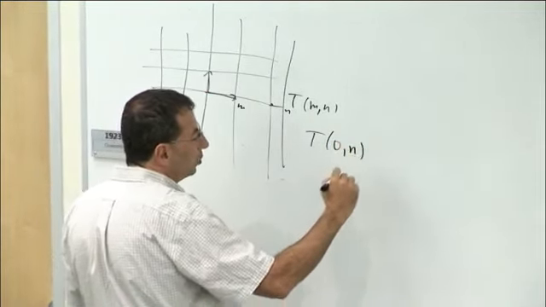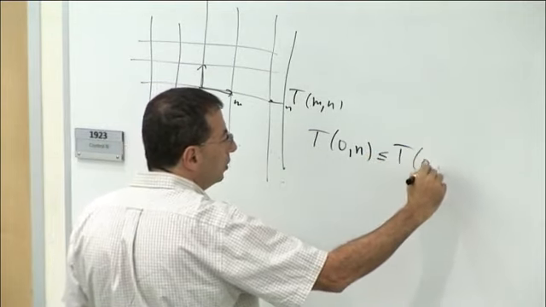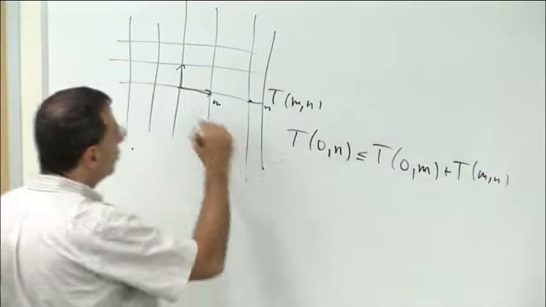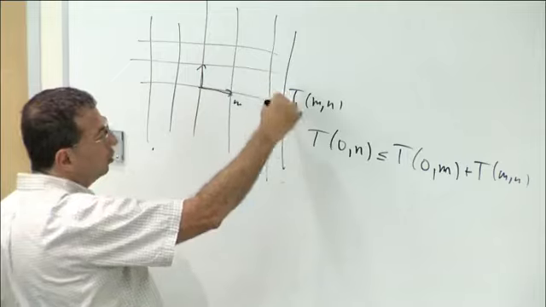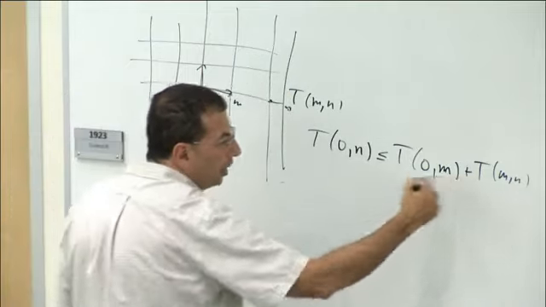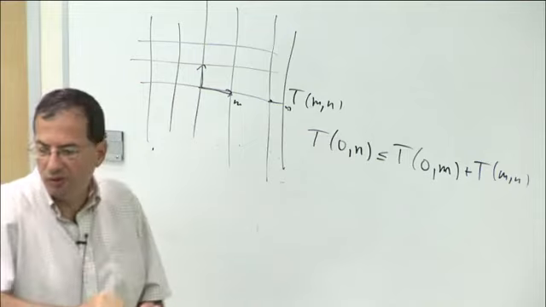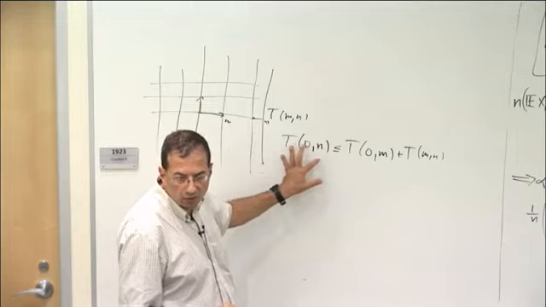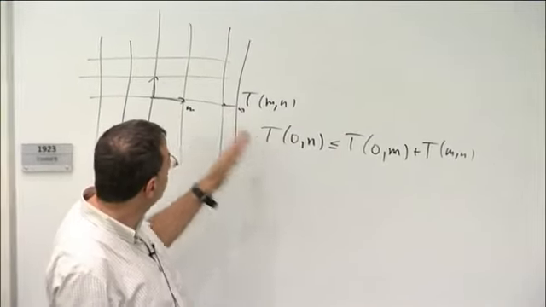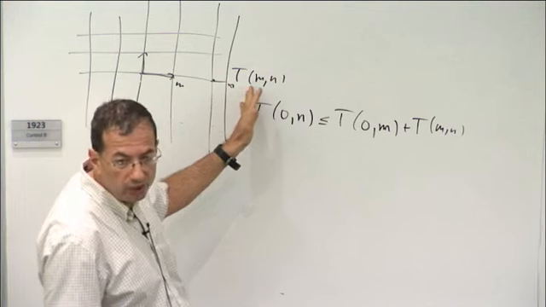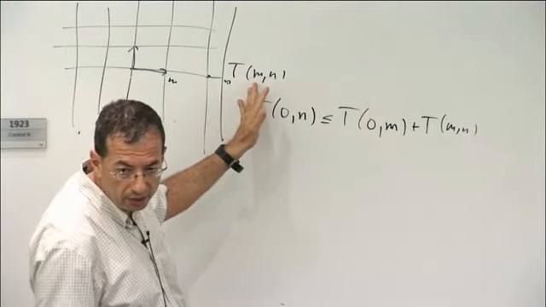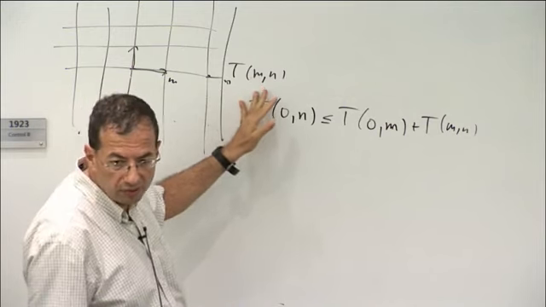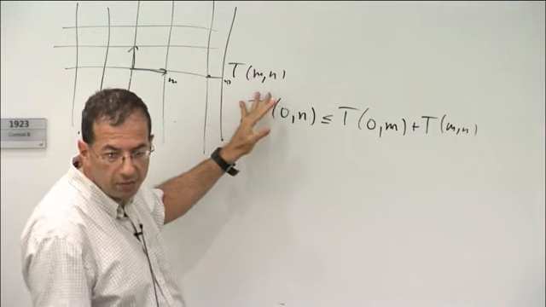So the time to go from 0 to n is certainly bounded by the time to go from 0 to m plus the time to go from m to n, because on the right-hand side we're considering paths that have to go via the intermediate point m. So here we're minimizing over a larger ensemble of paths. And then you want to show that when you take the time to go from 0 to n and divide by n, this actually has a limit, and the limit is non-random, so it's almost surely constant, and it's equal to the limit of the expectations. So this is one kind of application.